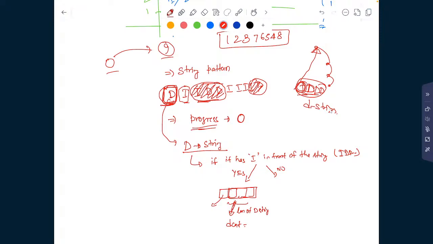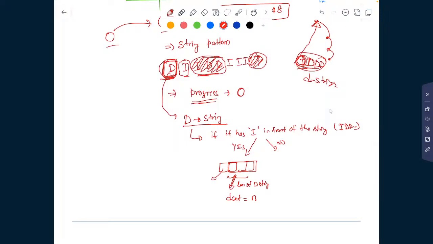D count is, let's say, some number like n, and I'll call this progress P. So we need to jump n spots, and this particular number will be filled up with P plus